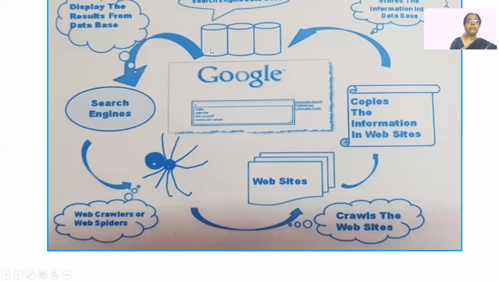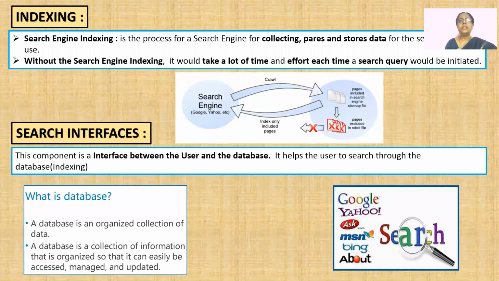And what happens is, whatever words you type, the results are displayed through the database. So that's why you get this information. Clear? The next function is called indexing. Indexing is nothing but a search engine collecting and storing data for